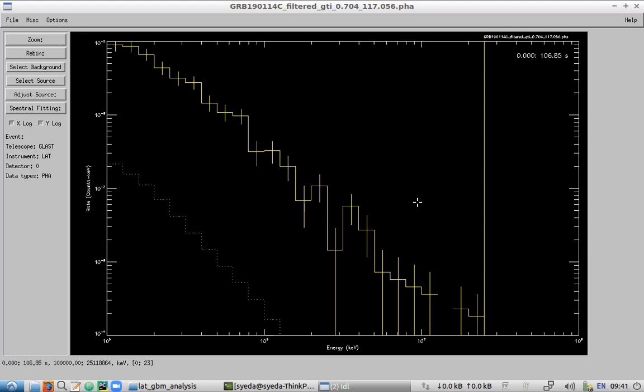In the last video, we saw how we can constrain the GBM data in time and energy domain. We did the same with LAT data. We also saved their lookup files, and now we will move on towards the final step of performing the analysis,